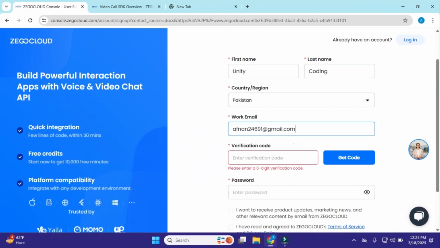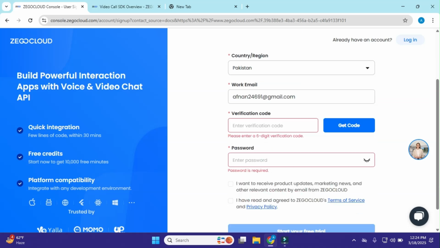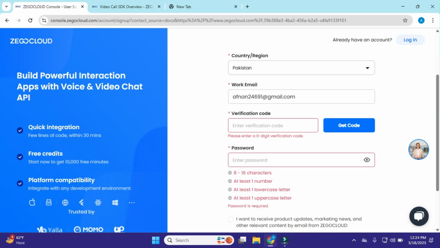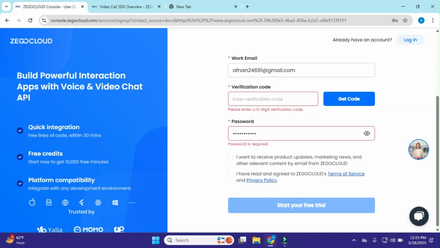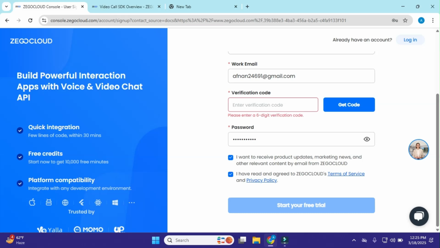So I'll add my email, and then we need to verify this. When I click on get code, it sends the code to the email, and then I'll add the verification code. Okay, so that's it. Here I'll need to add the password, so I'll just add a password. Okay, so I'll add this password and click on OK.